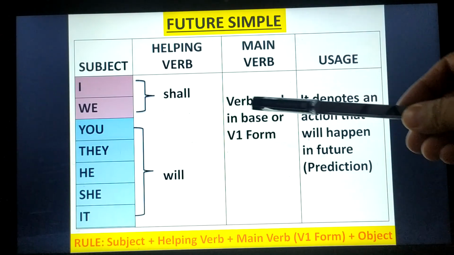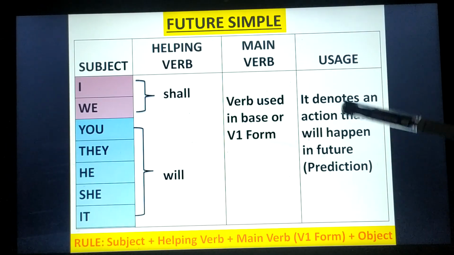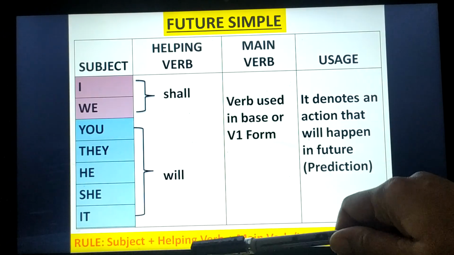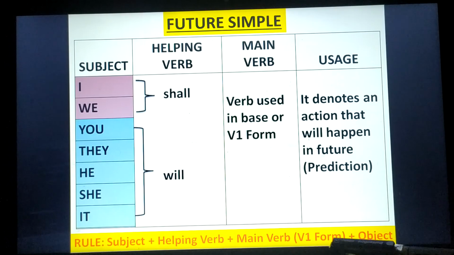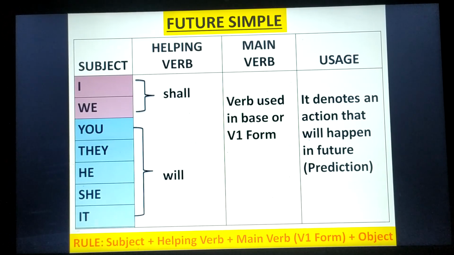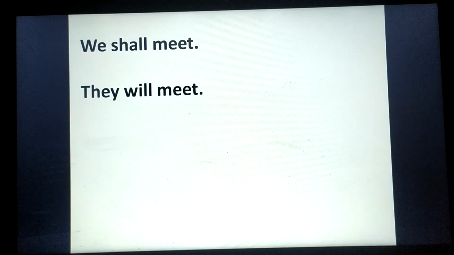And the main verb is the verb in its base or first form, right? So here, first of all, we have to know how we can make it. We can make it with the help of subject, helping verb, which is will or shall, main verb, means verb's first form, and then the object. So here are a few examples. First one is we shall meet. With I and we, as I have told